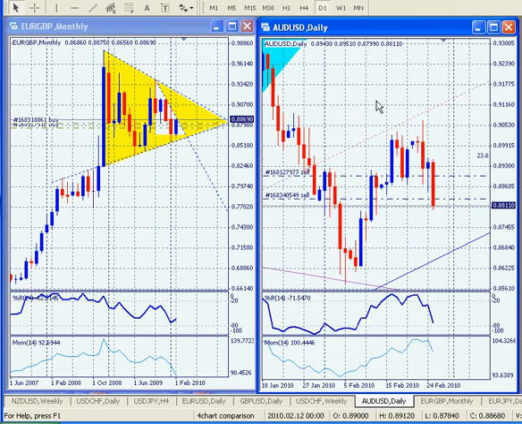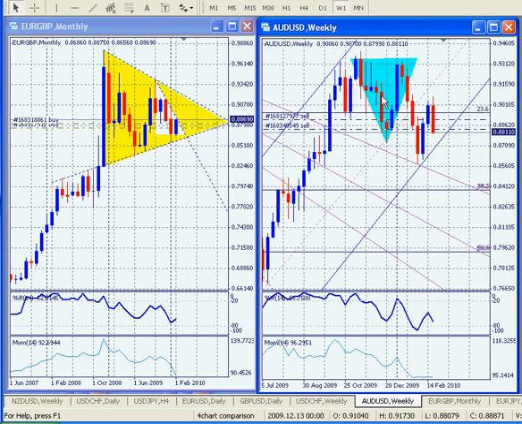Now let's move and check out the daily as far as the Australian dollar is concerned. If you would remember our previous presentation on the Australian dollar dated February 4 and the 16th, which already gave you a triangle formation as well, moving lower, giving that indication that the prices of the Australian dollar from the previous high of